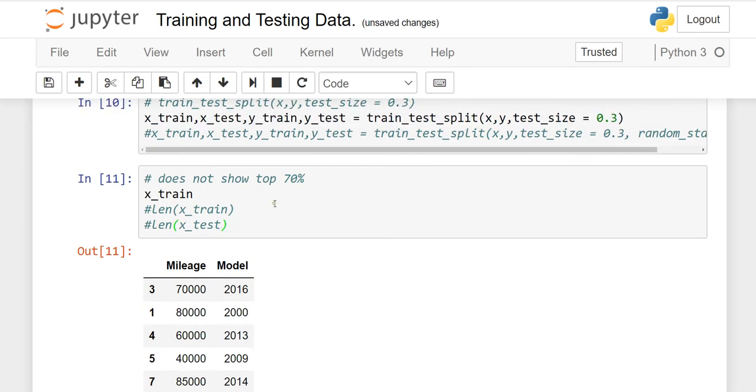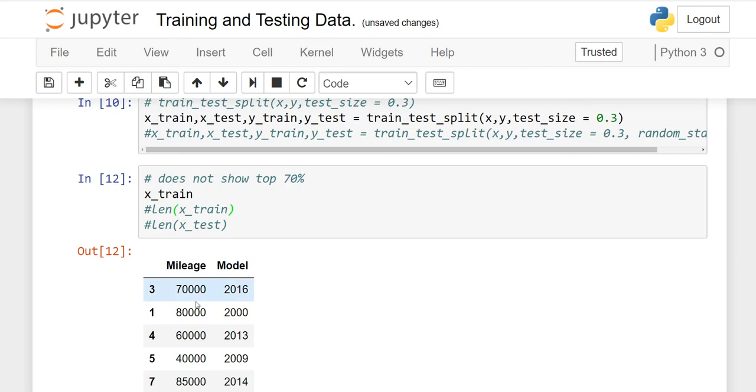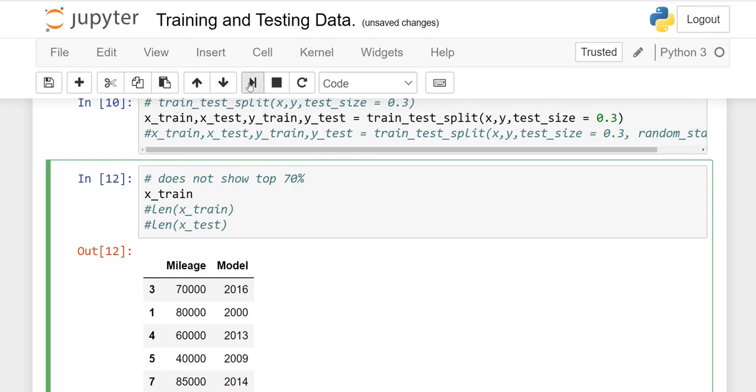Right? Okay, now one more time, and here I mentioned this in the comment, it does not show the top 70% in my data. It does not show the top 70. It randomly picks any 7 numbers, right? When I run it again, so see,